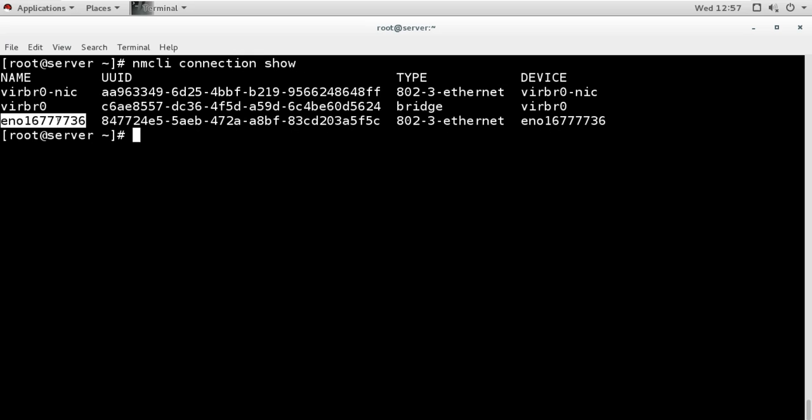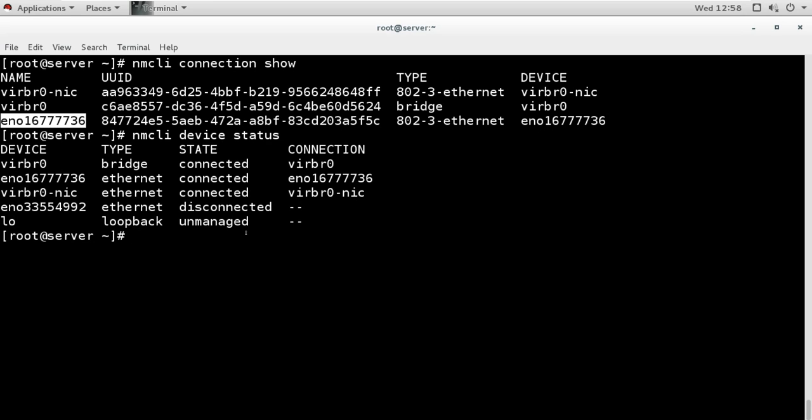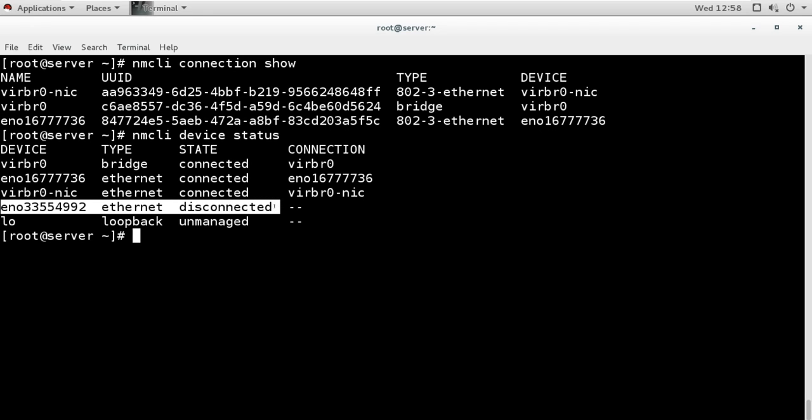Okay, we have only one connection and device. We have this new device connected, and this one is disconnected. So I will enable this device, and I will create a new connection for this device.